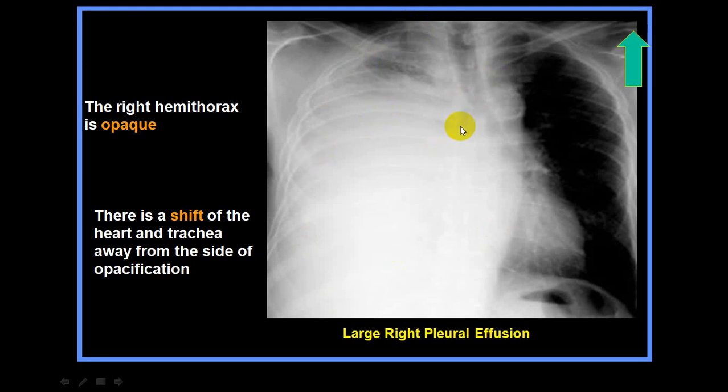So there is a push. So this has to be either a big mass or pleural effusion. In a big mass, you will be able to see the costophrenic angle, but in a fluid, you will not be able to see the costophrenic angle. So that's the reason why this is in favor of fluid. So we'll say large or massive right side pleural effusion.